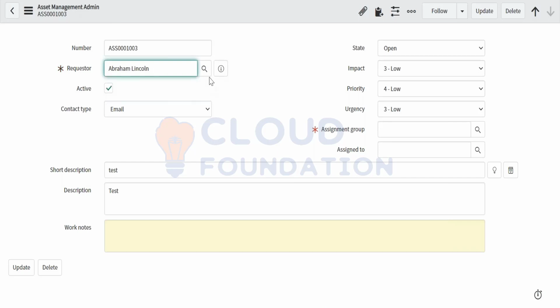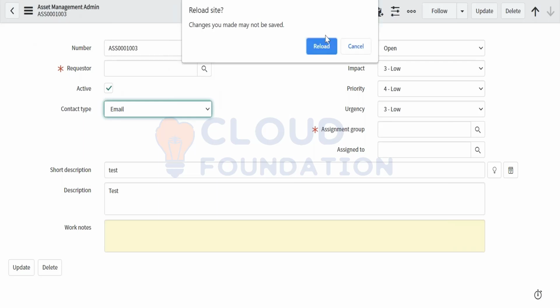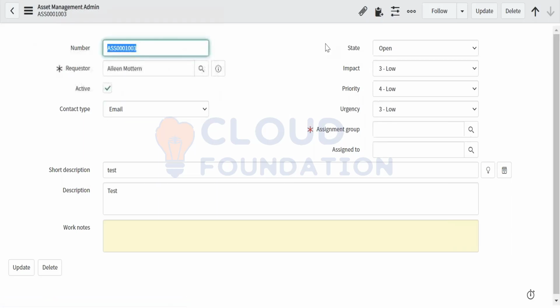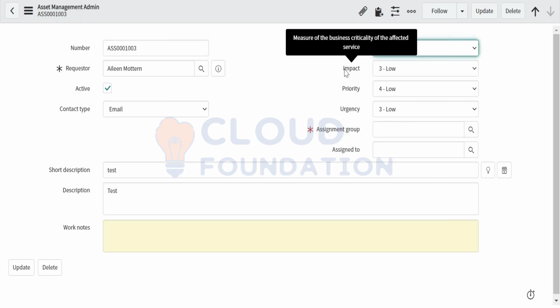Already, there are some values in this field, and that's why it's greyed out. The moment you empty it, it will again show as mandatory. So this is about dictionary overrides. You will have conditions where you make the assignment group and assigned to mandatory without any conditions. You directly go ahead and make a dictionary override on that,